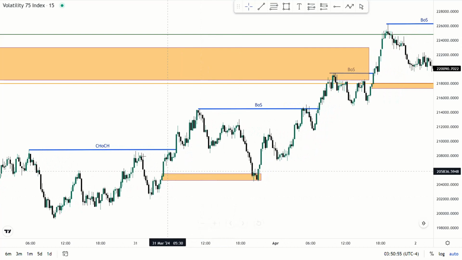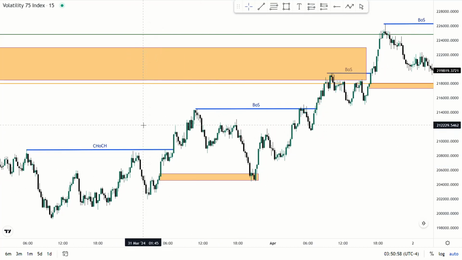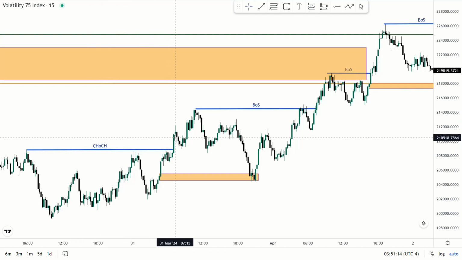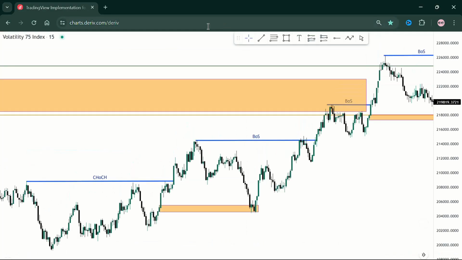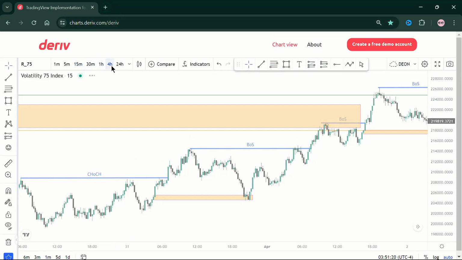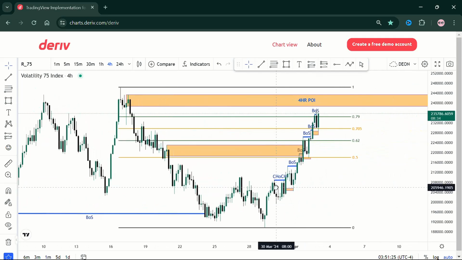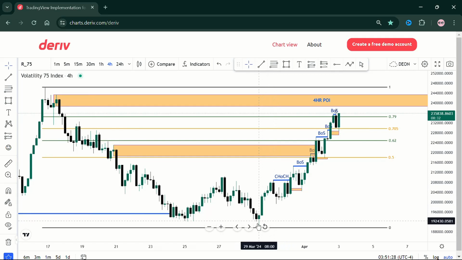So this is the first change of character here. Now, when you go to the higher time frame, the forward chart, this is in a discount zone. When it makes this change of character here, first of all, let me go back to the forward chart. I also want to show you another perspective. Look at this candle, this is a very important candle right here. I'll try to make a video about turtle soup.